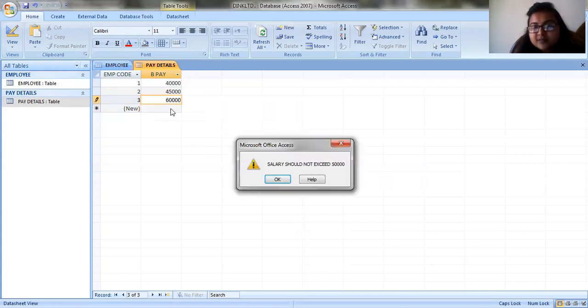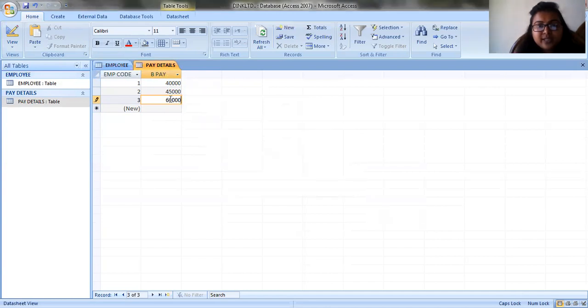Will it accept? See, now there's a dialog box which says salary should not exceed 50,000. So we'll just edit it.